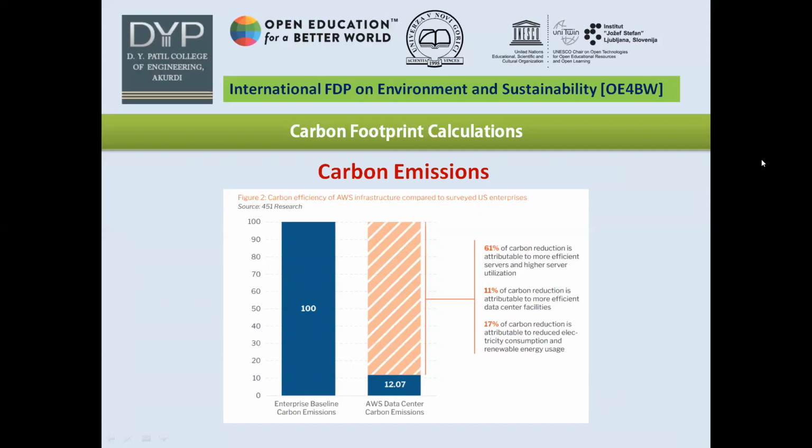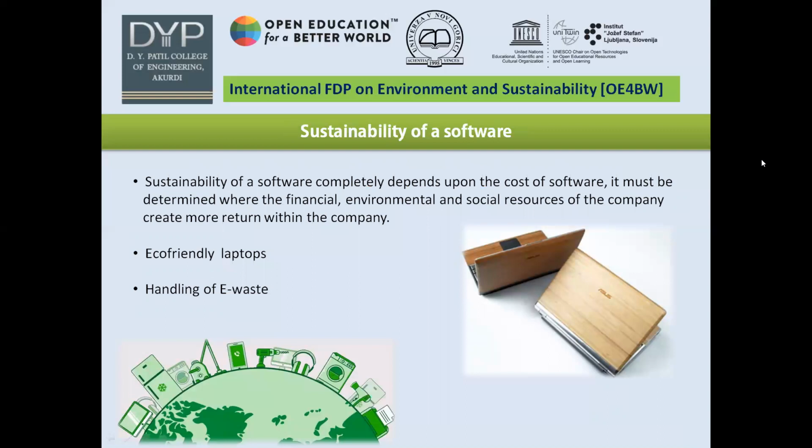Here, 61% of carbon reduction is attributable to more efficient servers and higher server utilization. 11% of carbon reduction is attributable to more efficient data center facilities. 17% of carbon reduction is attributable to reduced electricity consumption and renewable energy usage. Then regarding